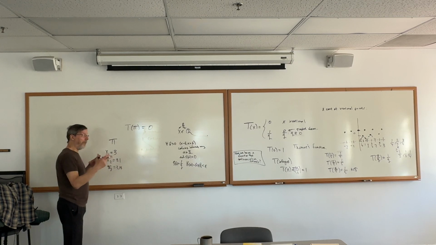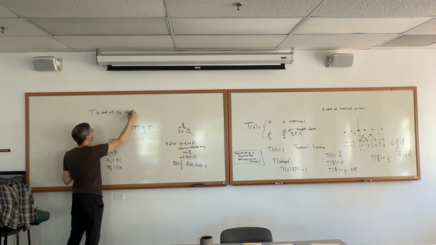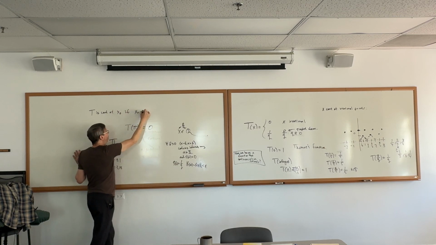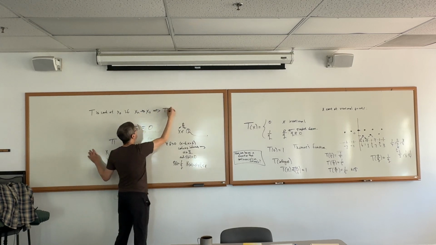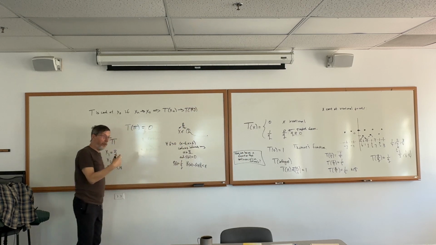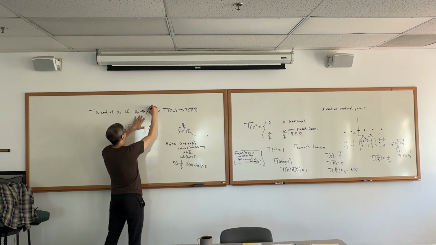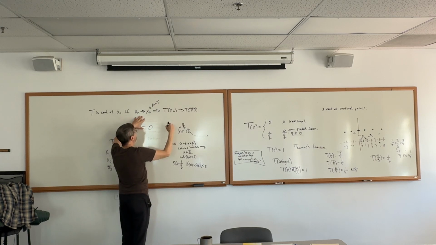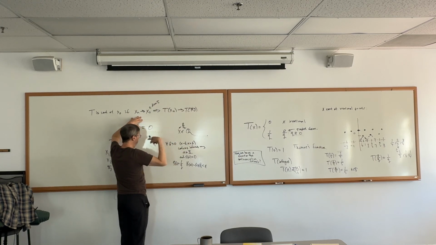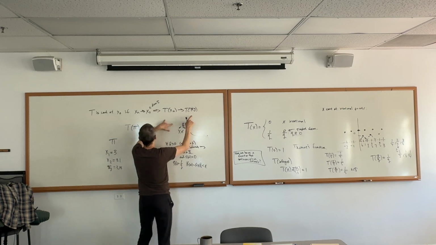Now remember what it means to be continuous, the sequential definition. We would say t is continuous at a point x naught if we have a sequence of points converging to x naught, and that implies t of x of n converges to t of x naught as well, right? So that's the sequential definition: if my inputs are converging to a point in the domain. Luckily here, our domain is all the reals, so as long as we've got convergence, we're converging in the domain. And then this converges to this solid value over here.